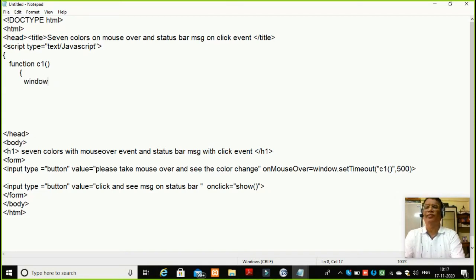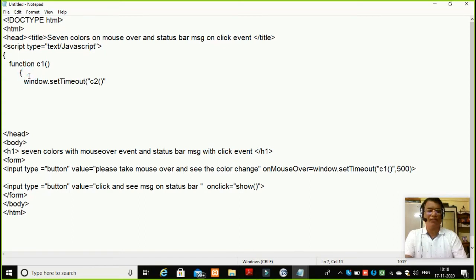Window dot setTimeout. Here I will give a call to a C2 function. Now why am I giving this call to the C2 function, dear students? I need the color to be changed after 500 milliseconds, because when the C1 function is called, its color will be something. Now that color I need to decide here.